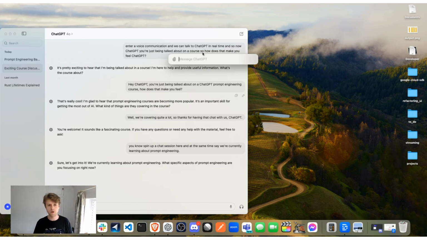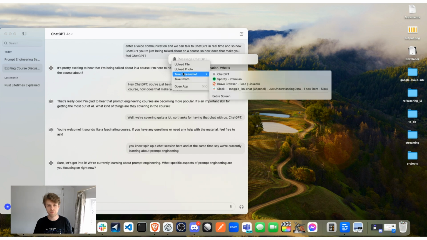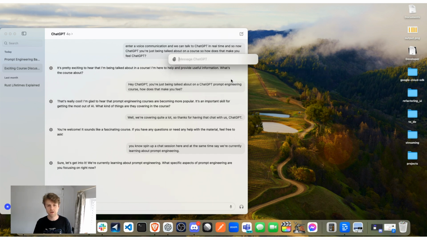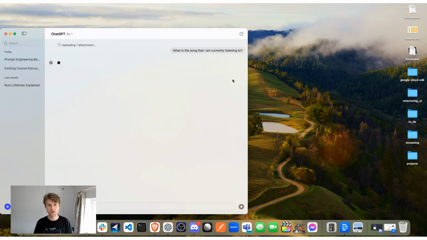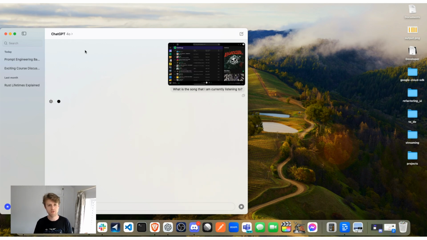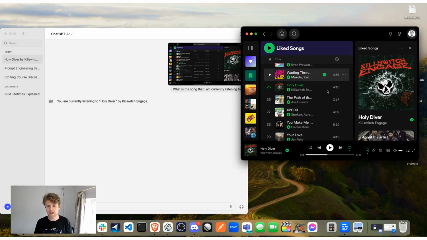Let's now upload a screenshot of my Spotify application, take a screenshot, and ask ChatGPT what is the song that I am currently listening to. What we can do here is we can specifically upload attachments based on our screenshot, and we can send vision directly to Spotify. And just to show you, what I was listening to was Holy Diver, Kill Switch Engage, and you can see that